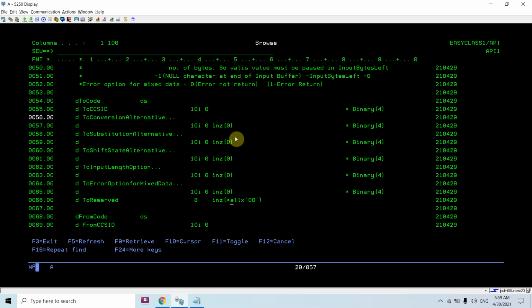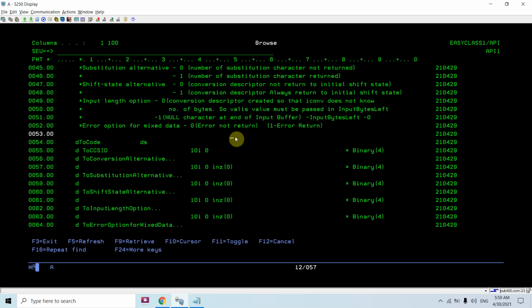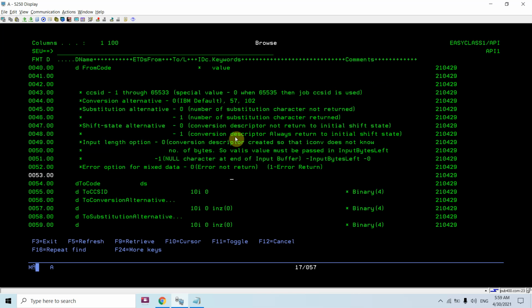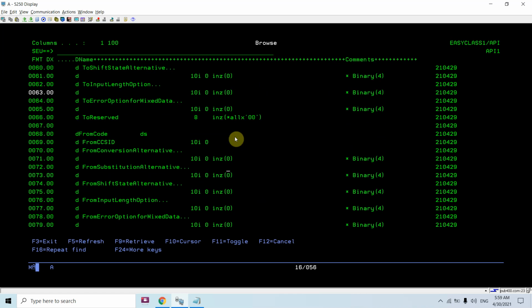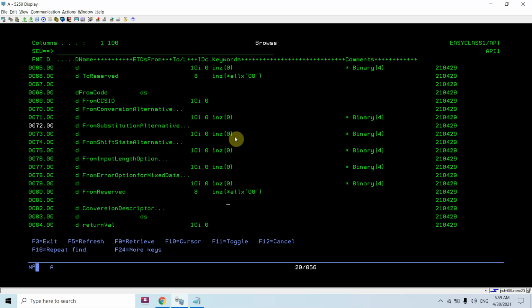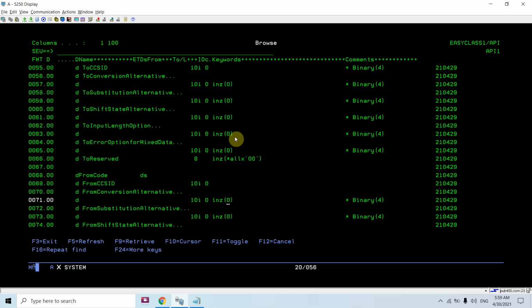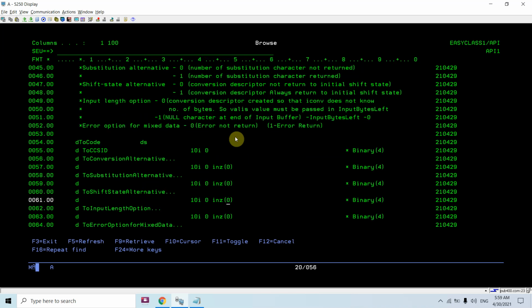You can pass any other value which is stated above, but not all those values are applicable for the to code. They are applicable for the from code. The same DS is used for from code as well. Both have the same DS, but they are passing different references.